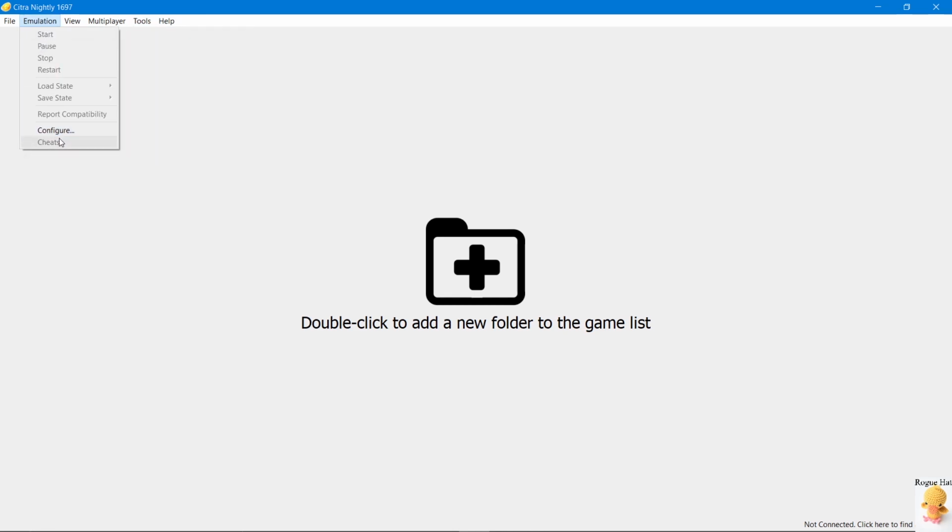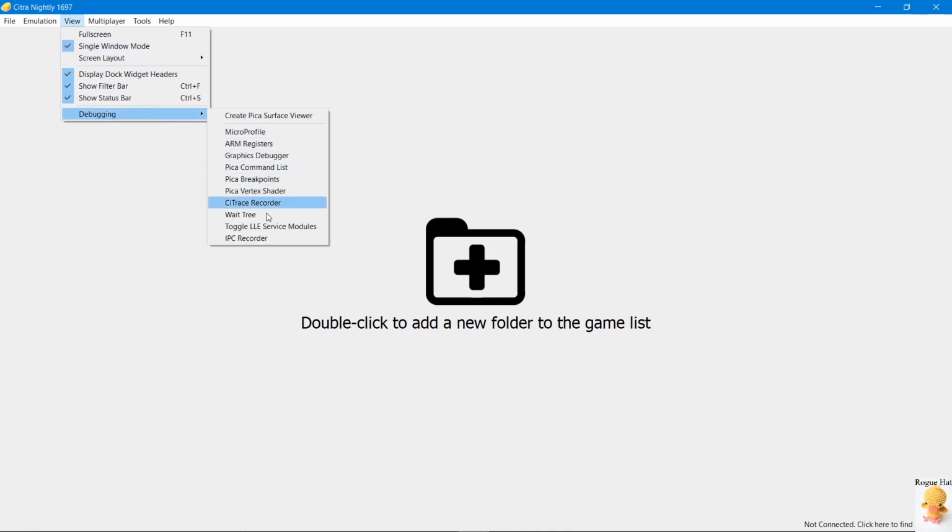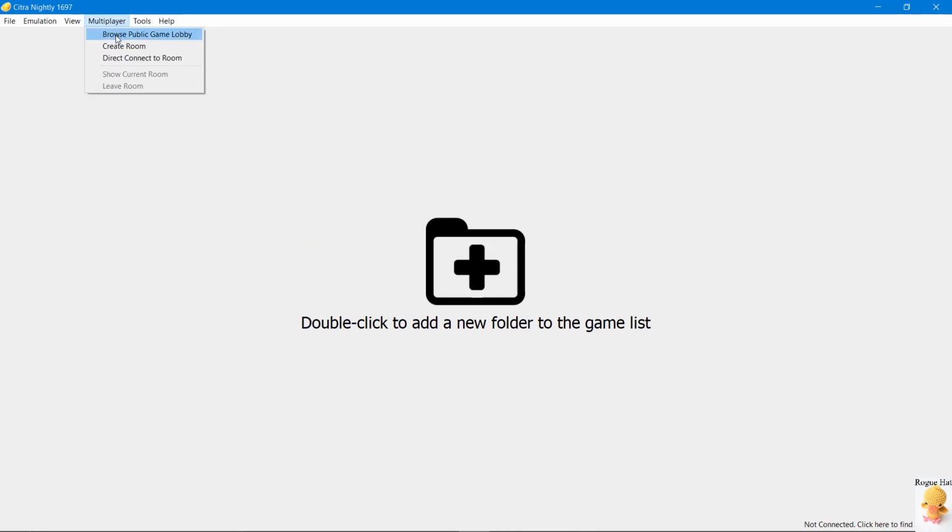And in configure we have all these options, which we're going to go into in just a second. And then in view we have full screen, pretty self-explanatory, single window mode, screen layout, what kind of layout do you want, dock widgets, debugging, and these are all our debugging options, and we're not going to do any debugging. And multiplayer is pretty self-explanatory. If you want to create a room,